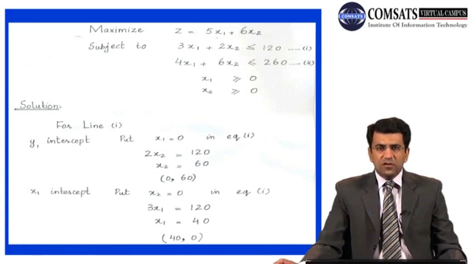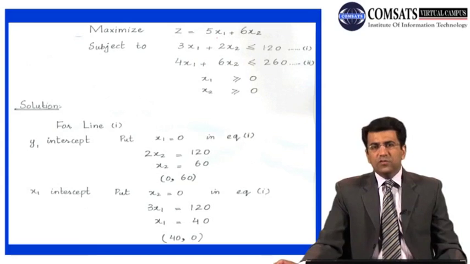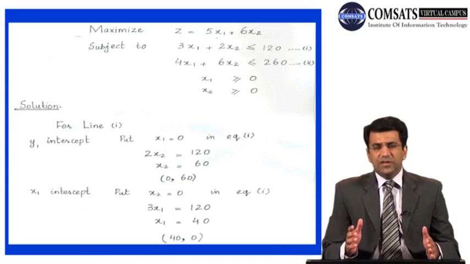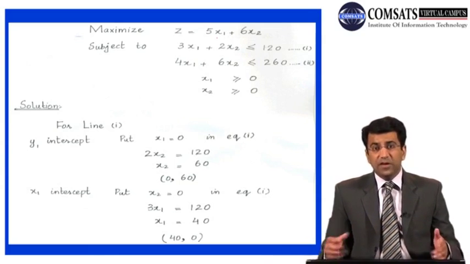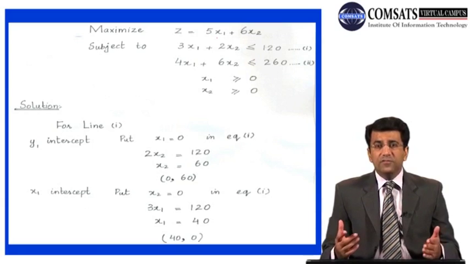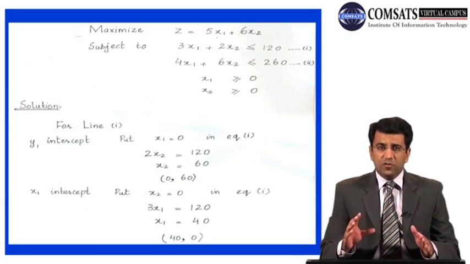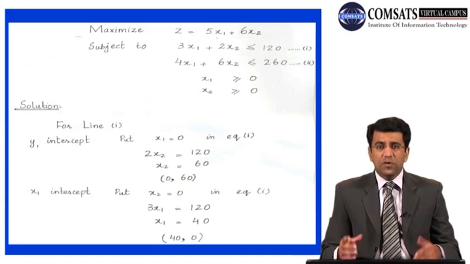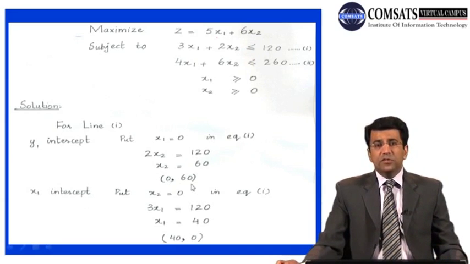Now why are we doing all that? Again, because we put these points on a graph in order to draw the line for this particular constraint, so that we can find the final feasible region, first for the different constraints and then finally for the whole problem. So the same procedure is to be repeated with our second equation.